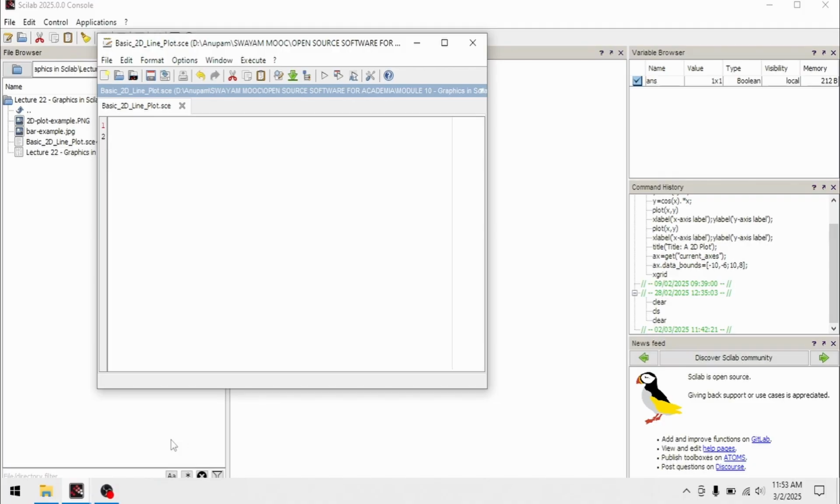Now we'll create a simple 2D plot in Scilab. We'll plot a sine wave, which is a commonly used function in mathematics and engineering. First, we need to define the x-axis values. In Scilab, we use a range of values for x. Let's type x equal to